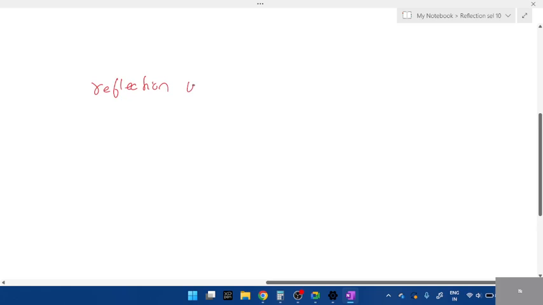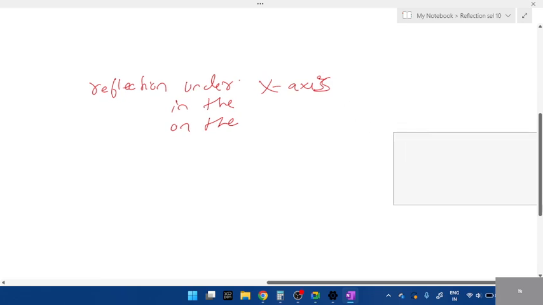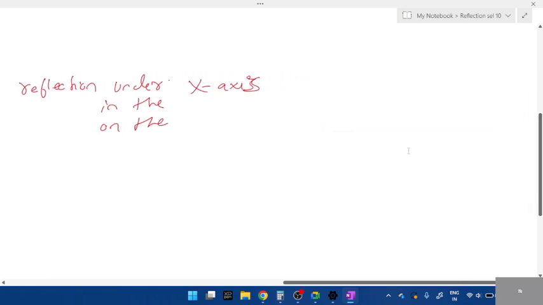Look at reflection under, reflection in, reflection on the x-axis. This is an important concept. Make a note. If this word is given, reflection under x-axis, in the x-axis, on the x-axis,